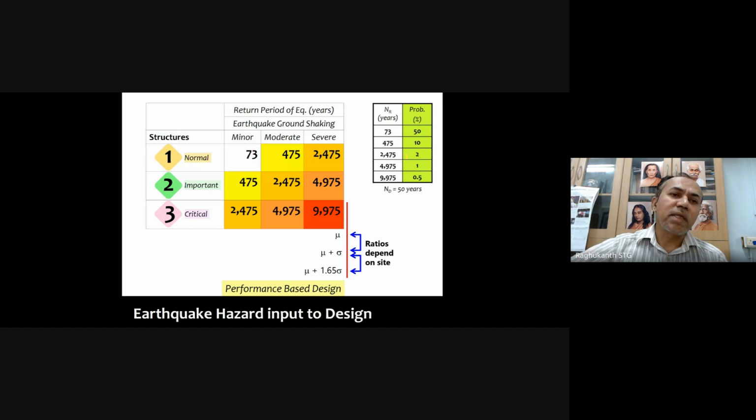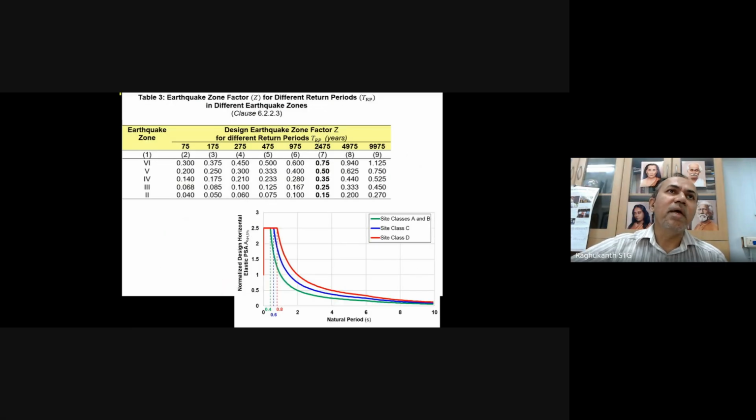And then what we have done in the code is, as I already mentioned, we have to do performance based design, meaning you have to give the values at several return periods. So we have given these numbers in our code also. The chart has been given. For each zone, for example if it is zone 6, 75 here, 175, 275, 475, 975. So you will get the values for all return periods. The advantage of this is you can use them in performance based assessment or performance based design. You can use these numbers itself, and you can even compute the derivative of these numbers, and then you can do your seismic risk calculations also. And of course the 2475 return periods have been given as well.